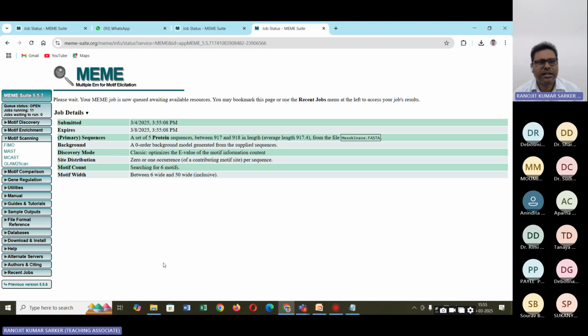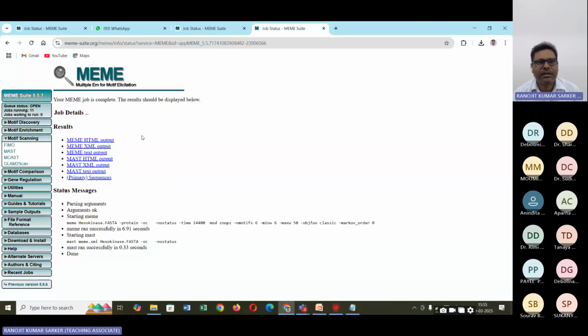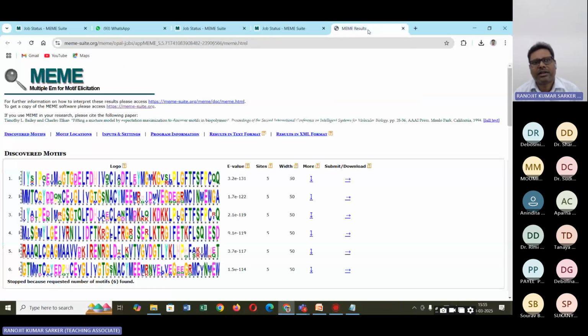After hitting the search button, you can see it's showing please wait. Your MEME job is now in queue, waiting. Here you will see the job details. I have submitted on this date, and you can see that I have got the output. There will be several output files here. If I open one output file, the HTML file, you can see